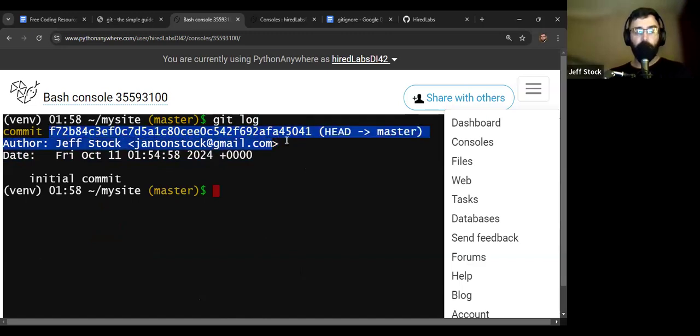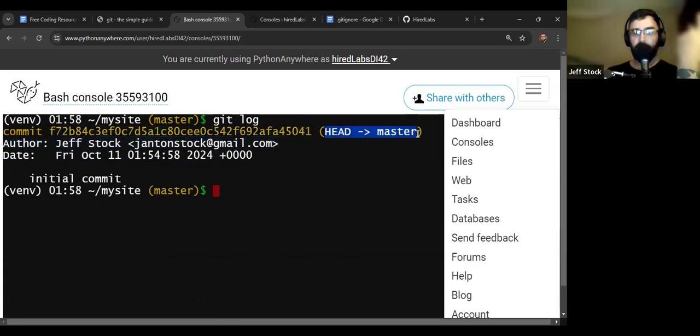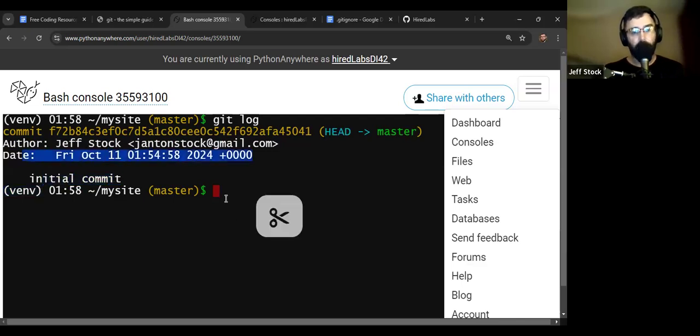So here's the full ID of the commit that we made. And then it also shows HEAD, the pointer, and master. These could be in different places at different times, but right now they're in the same place, so it's just telling you that information. And it's got the little note that we added, and the time. So there we are. We have our initial commit. We've saved one set of things,